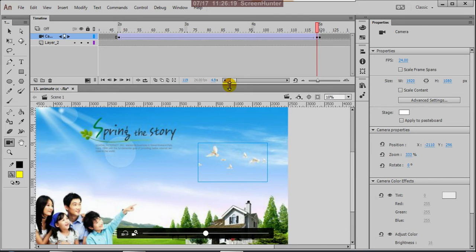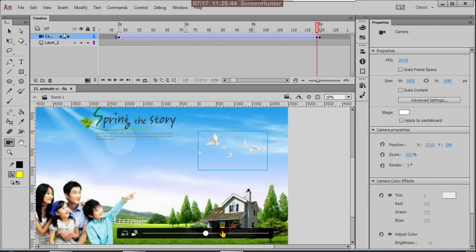So make it Control S. And then I want to show the spring story. Otherwise, after showing this, I'll give the vertical panning here. I'll show the spring story.